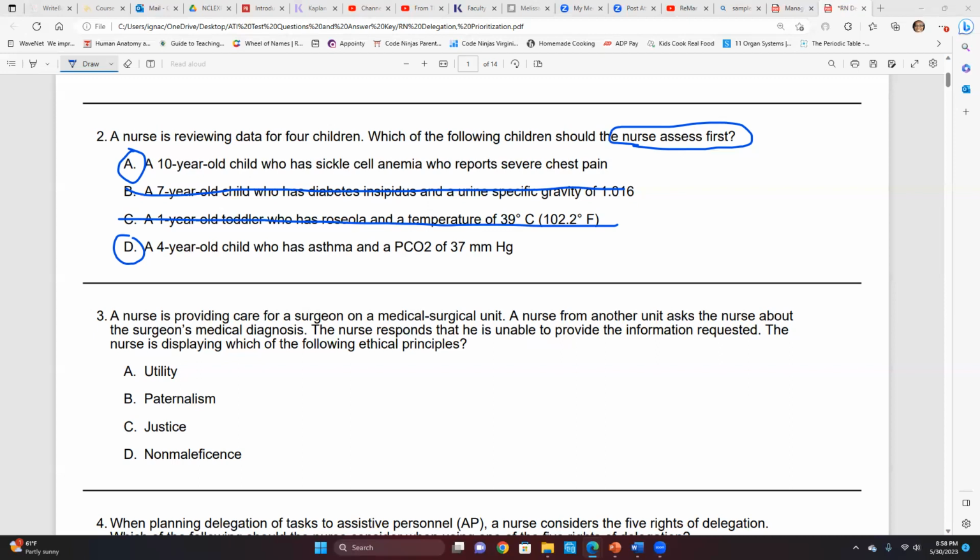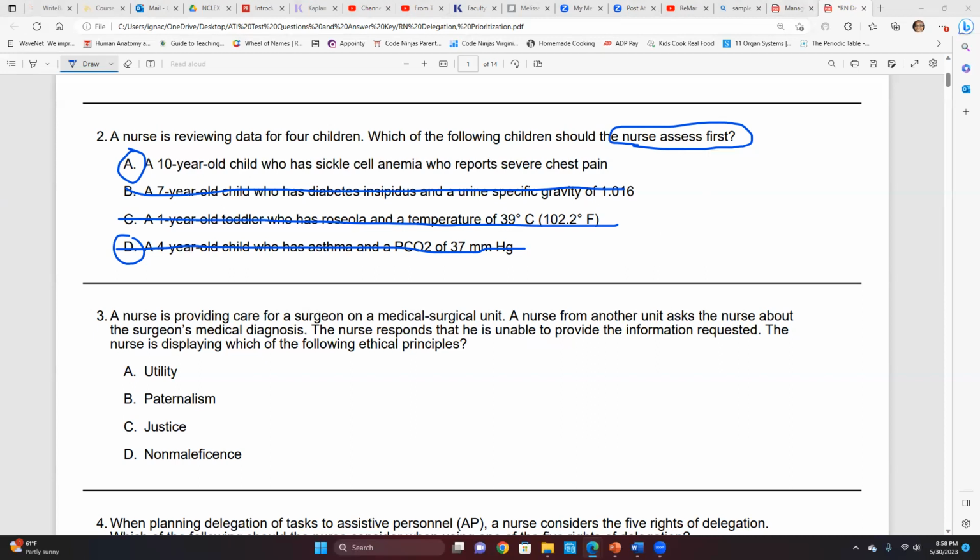The first one I found online should be for the sickle cell with chest pain. The range that I found says 38 to 42. Is that what you found? Close? I found 35 to 45. Okay, so that's good. So that tells you that this PCO2 is normal, right? Okay. So A is the correct answer because when we think about sickle cell, we think about the complications,